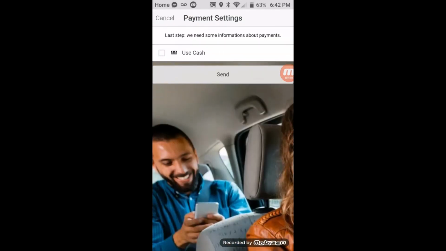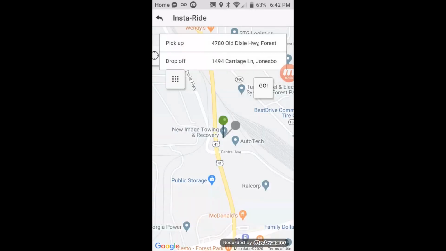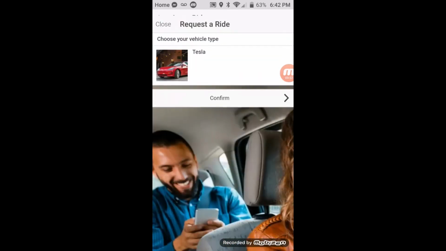Now see, I have it set at use cash right now, but of course, you're going to have to enter your Stripe details to set up your card processor, to process credit cards. Yeah, and I wouldn't use cash for anything, but just to show that it does work. So we're just going to say use cash. Okay. And let's see what happens. I believe it's going to say